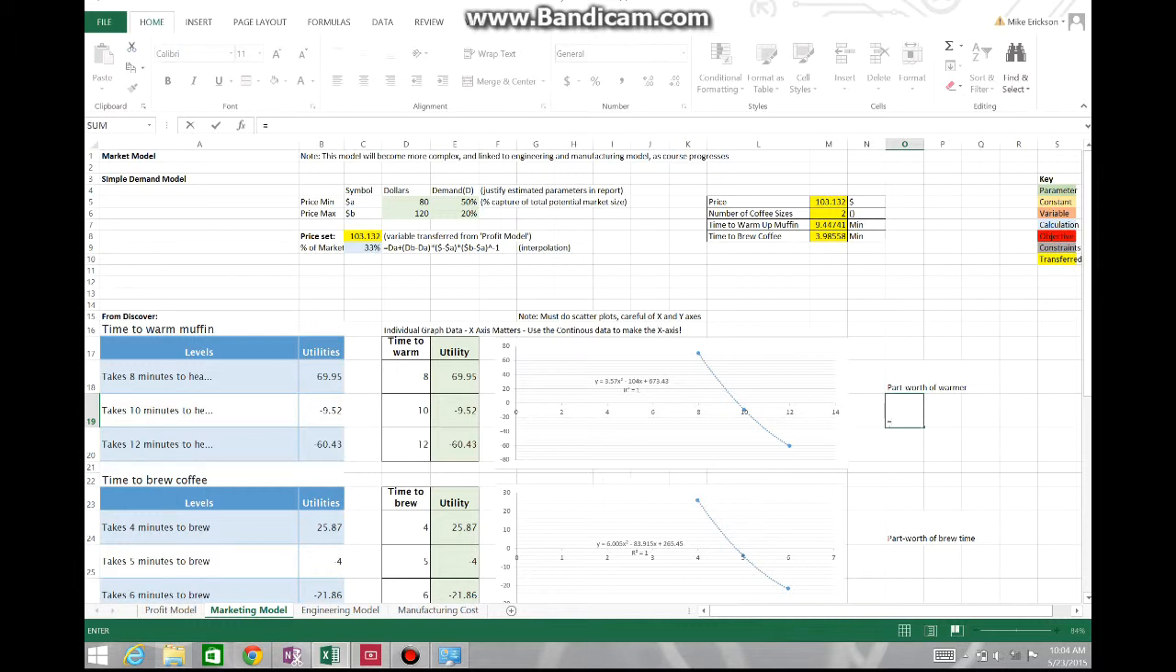According to our plot, the part worth of the time to heat muffin can be calculated with this formula right there. So time to heat muffin